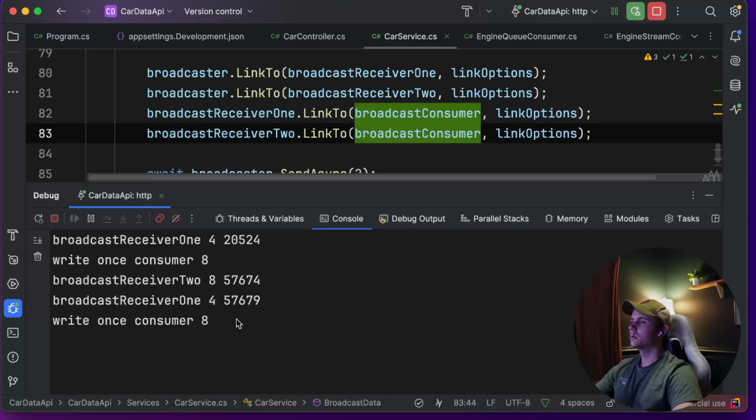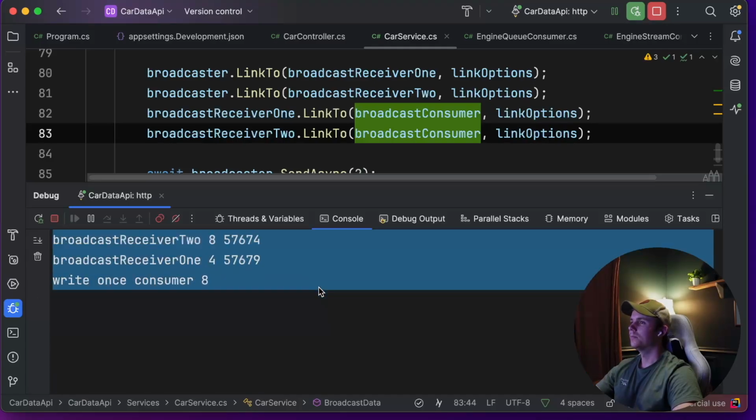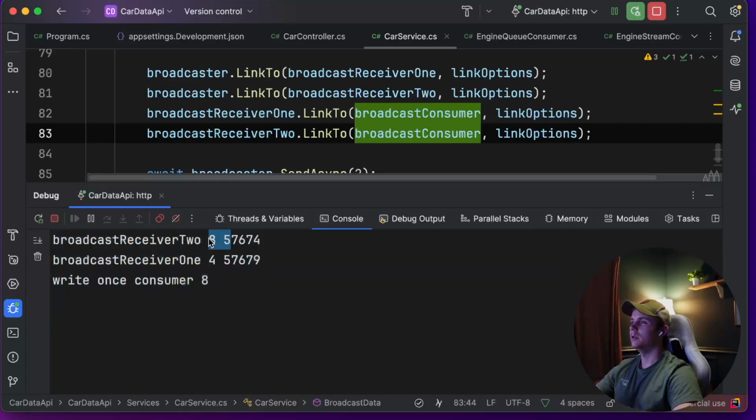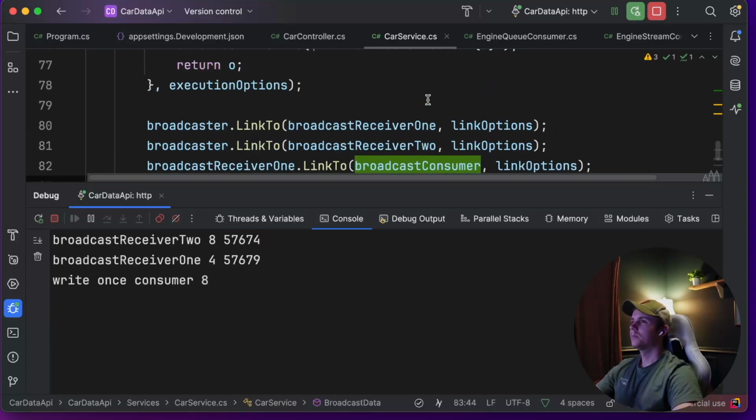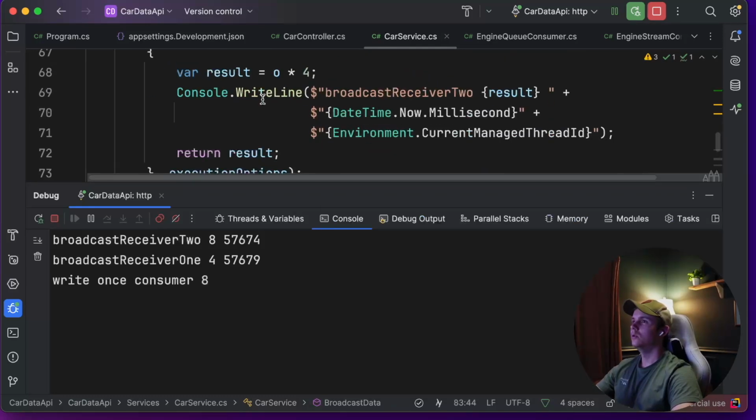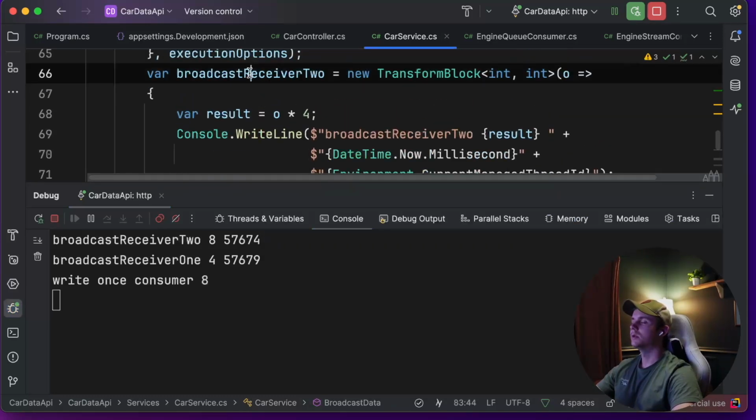So from the most recent run is this here. Those 3 console outputs: we have the broadcast receiver, and we have the 2 being manipulated by all the manipulations on it. I think I multiplied it by 2 a couple times. And then this is the thread ID. So you can see that when it goes through the broadcaster, it's going to go through both of these blocks